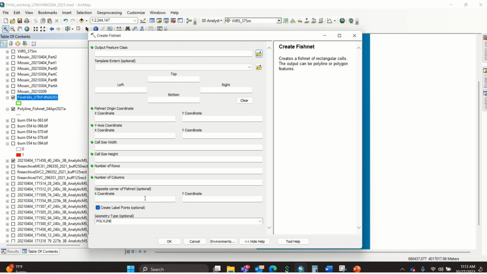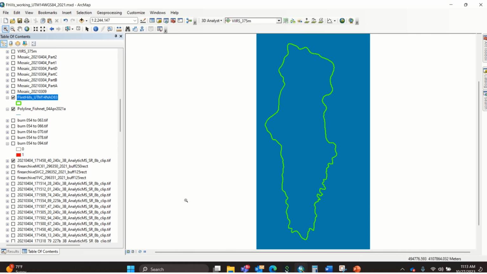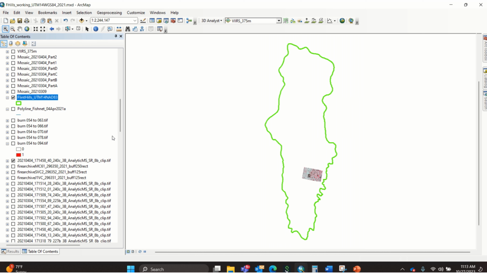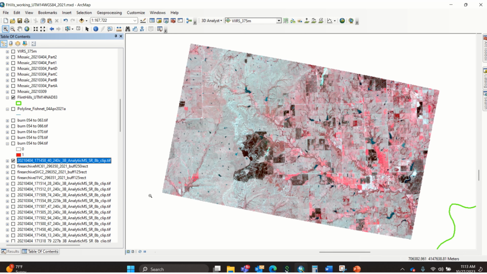And you don't need to really put the opposite corner. You can if you wanted the X, Y. I don't like to create these label points. They just get in the way. Go polygon, and you're good to go. So let's go ahead and turn this polyline off and navigate to our image. And so in picking a point in the upper left, you want to be far enough to the left